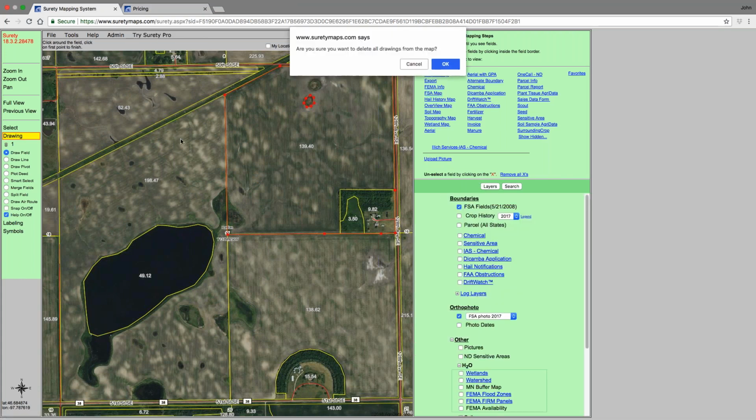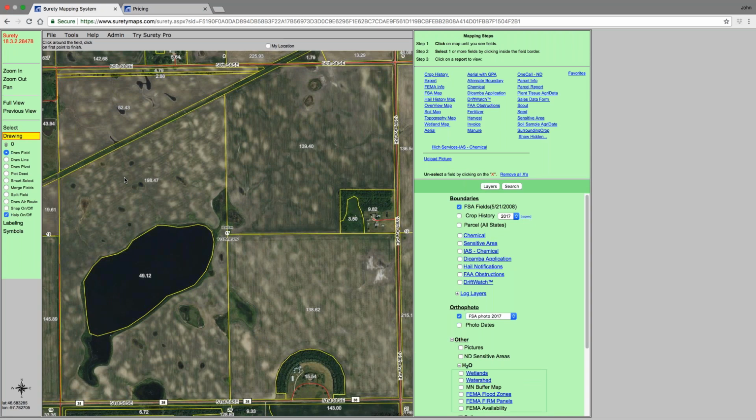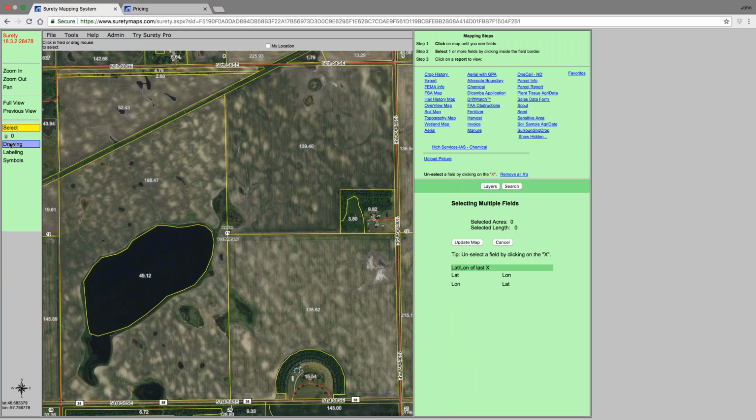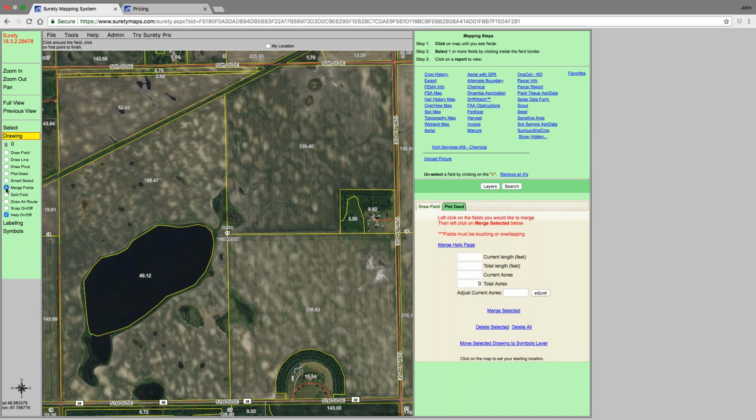Now let's just quickly look at the merge tool. I think it's something important. Now we drew this area out here. Another thing we could have done is use the merge tool. Now if your help window does not show up when you hit merge, go back out to select, come back into drawing, and then select your merge fields tool. Now the merge fields is very straightforward. You click on the properties you want to merge,